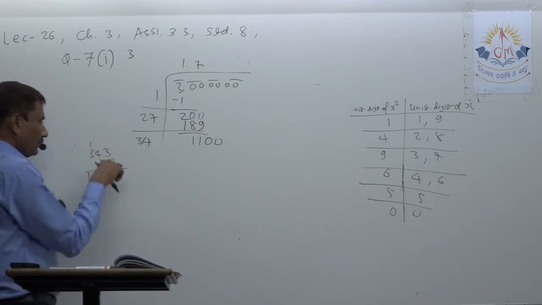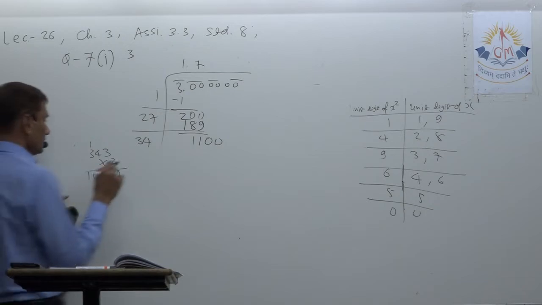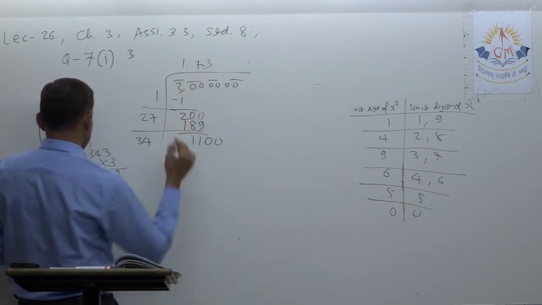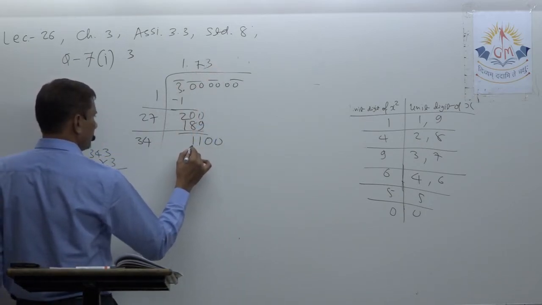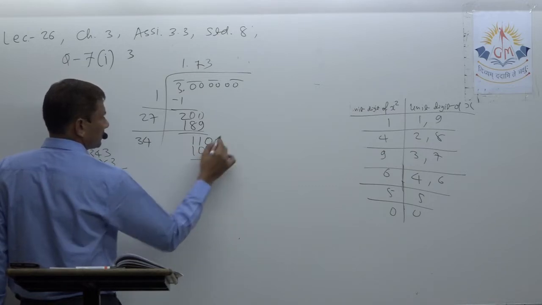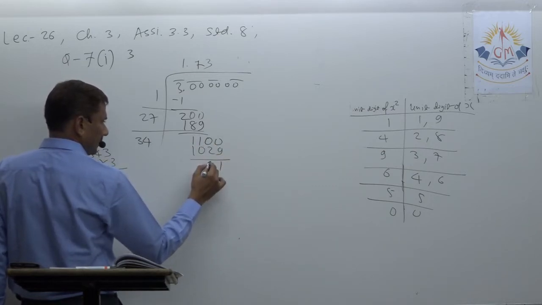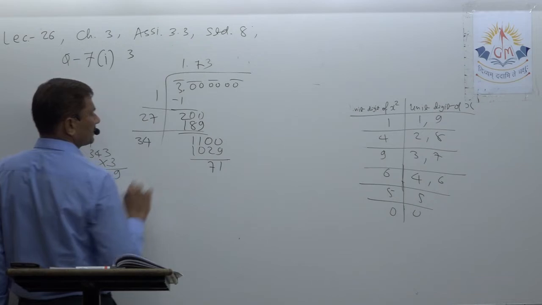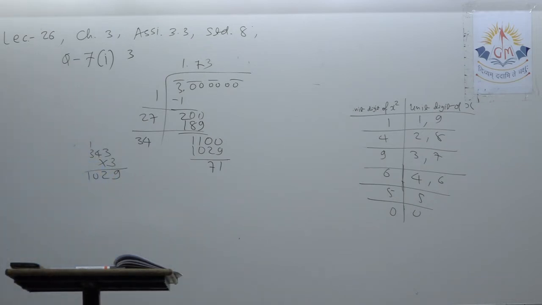344 into 4 will be more, so I am writing 343 into 3, 1029. So 10 minus 9, 1; 9 minus 2, 7. Okay, so 71 left. Now again,